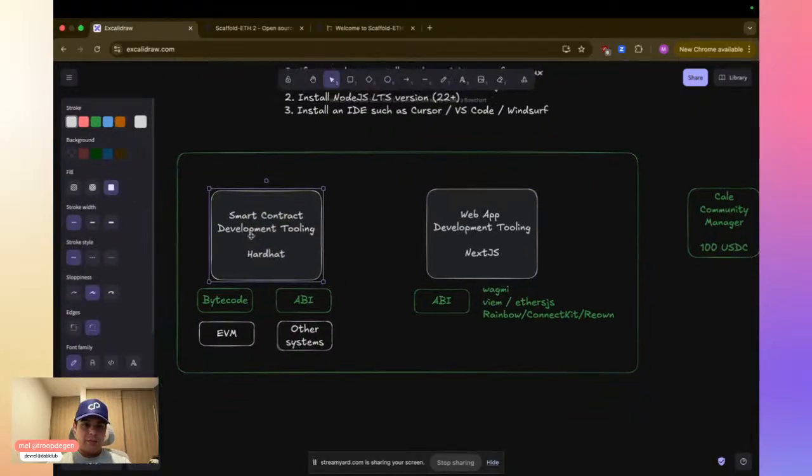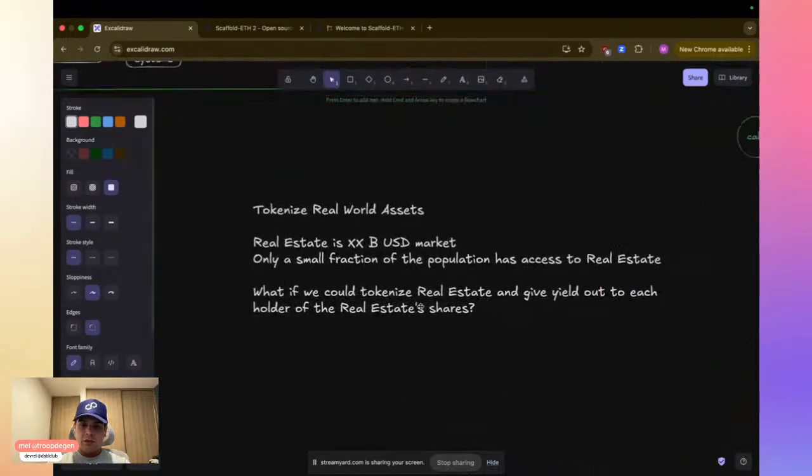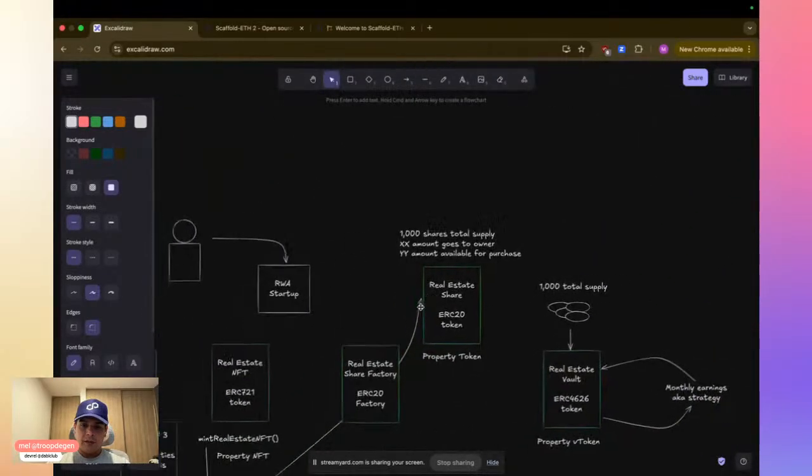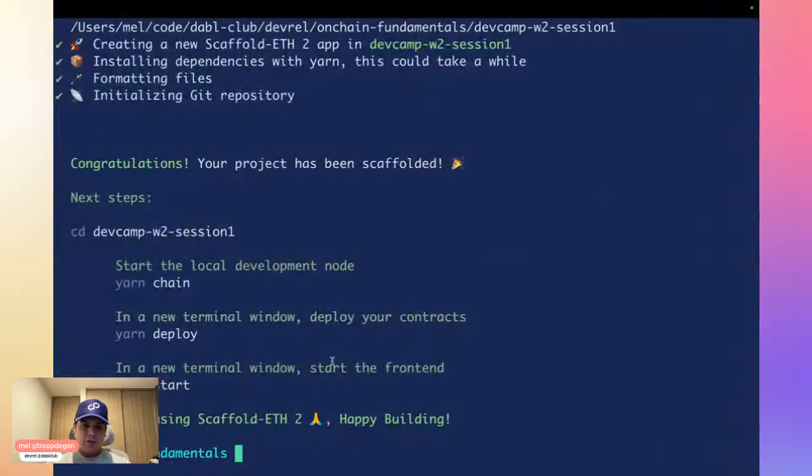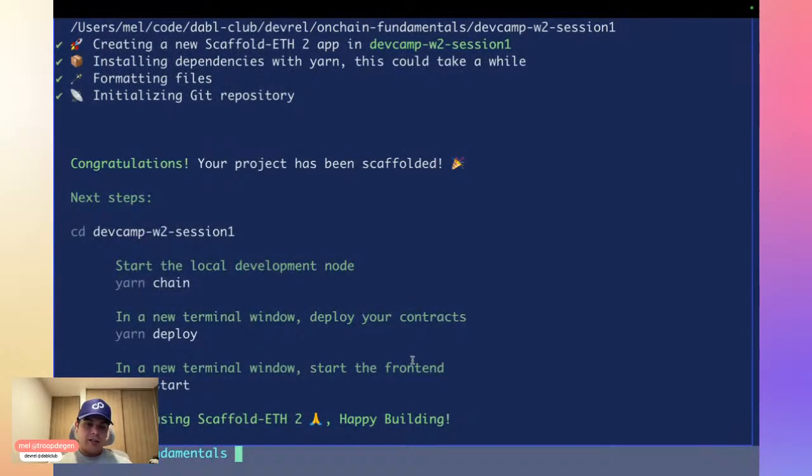Right now we will be focusing more on Hardhat so we can create the contracts, and we will be using a little bit of Next.js just so we can debug our contracts on this very cool framework